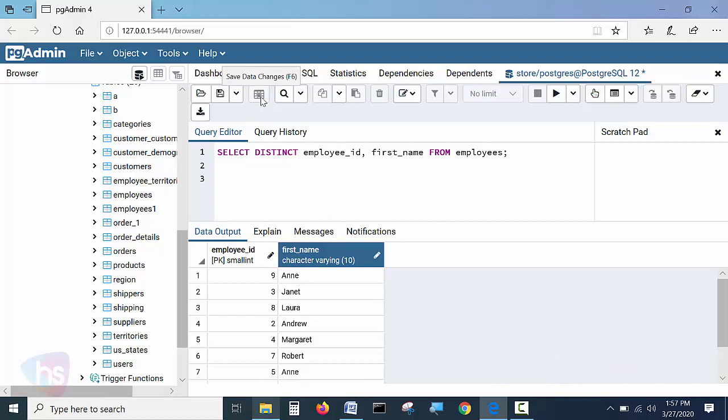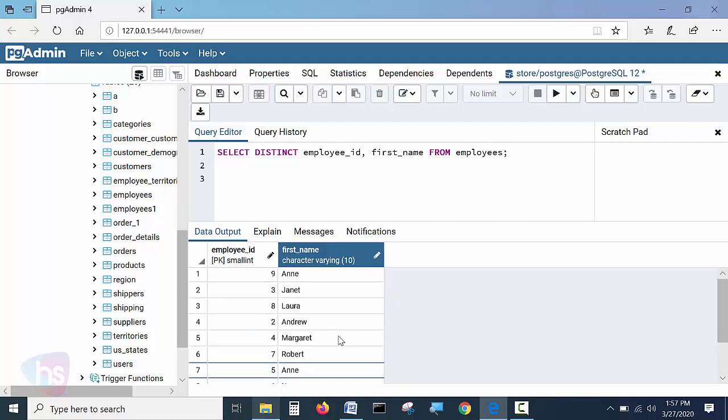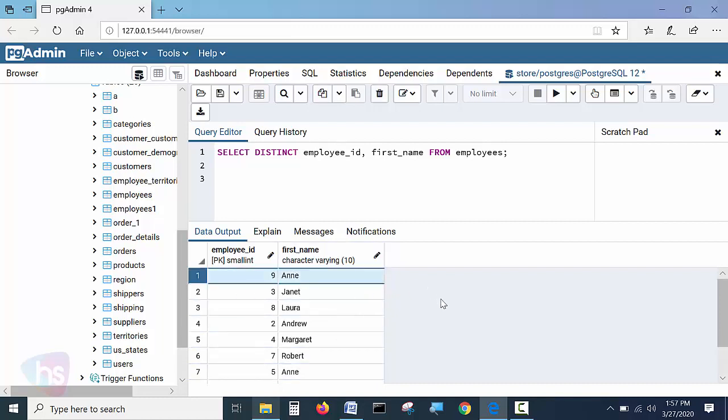If you press F6 on the results data, you can change Postgres database tables directly using pgAdmin. This is the trial database I am using, hence I am changing everything wherever required. In a real-time scenario, where you are changing real data, you have to take the necessary actions as required. Now Annie is here, and again Annie is here with ID 9, and ID 7 is also Annie.